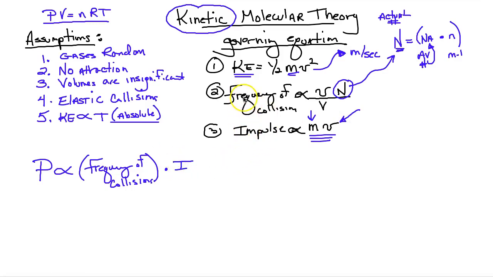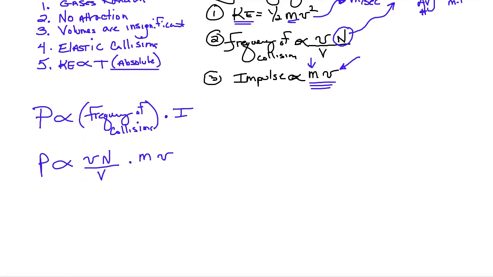So I'm multiplying these two together, and that should give me pressure. Pressure is force over an area, and so how many collisions you have times their impact should give me that. So let's put the numbers in. Pressure, well, let's put the equivalents in now. The frequency of collisions is going to be mu, the velocity, times the actual number over volume. And we're going to times that by the impulse, which is the momentum, mass times the velocity, which is mu. The first thing I can see is that both of these equations have mu in them,